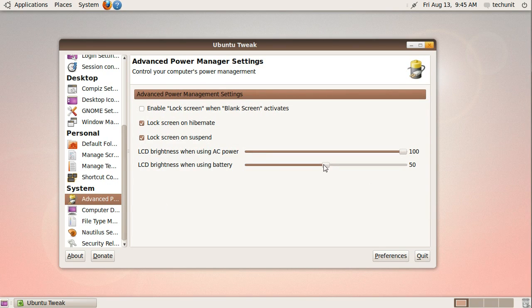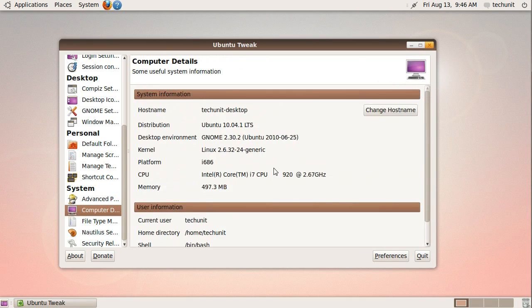Under System, you can adjust the power settings. This is quite sparse in adjustments, but you can adjust the default brightness of the display, which is particularly useful for netbooks and notebooks. The computer details gives you a detailed list of information regarding your computer. It basically says I have a Core i7 computer with 512 megs of RAM, which is